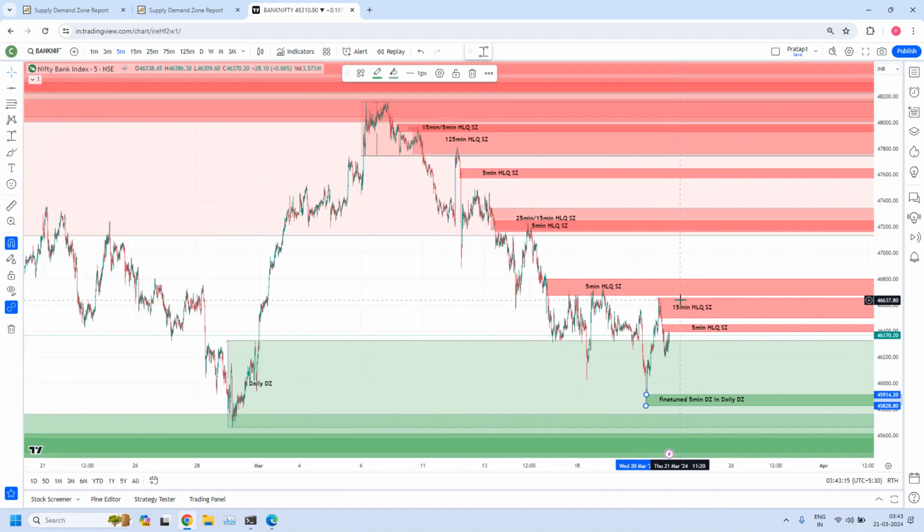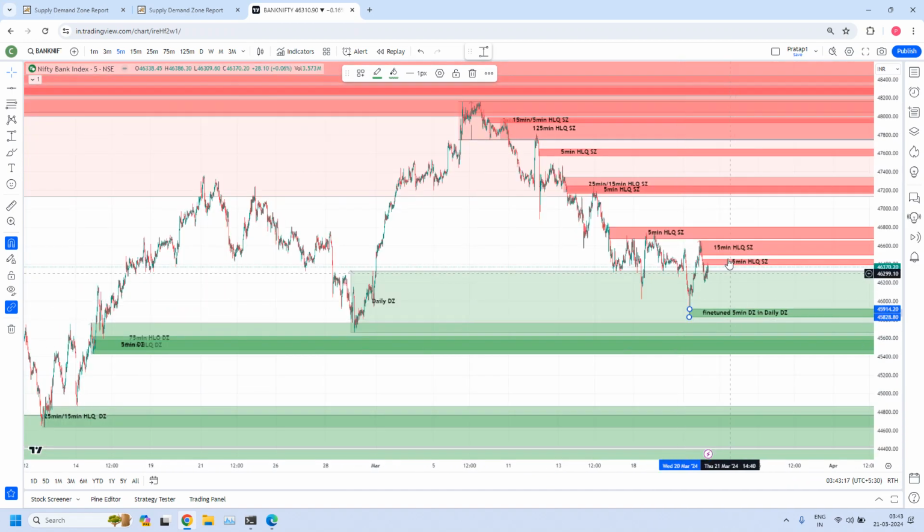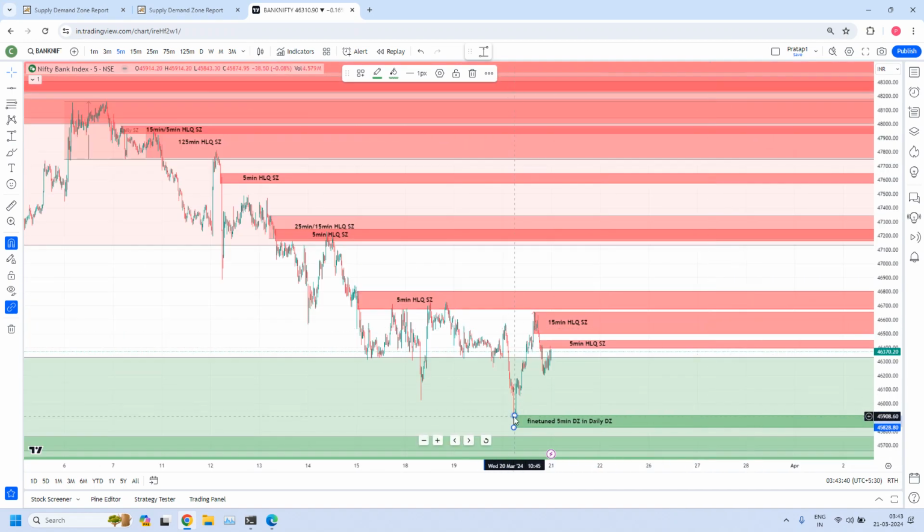But let us see. Timing, if you ask me, supply is looking much stronger than demand. But it doesn't mean supply will dominate. We never know. Institutions may add new buy order flows here, new orders. Many times we ignore that point. Existing order flow is okay, but you should also think from new order flows. See, this is a new order flow.